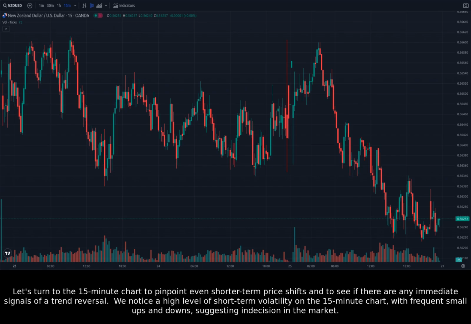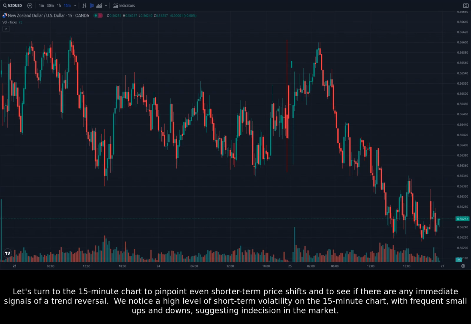Let's turn to the 15-minute chart to pinpoint even shorter-term price shifts and to see if there are any immediate signals of a trend reversal. We notice a high level of short-term volatility on the 15-minute chart, with frequent small ups and downs, suggesting indecision